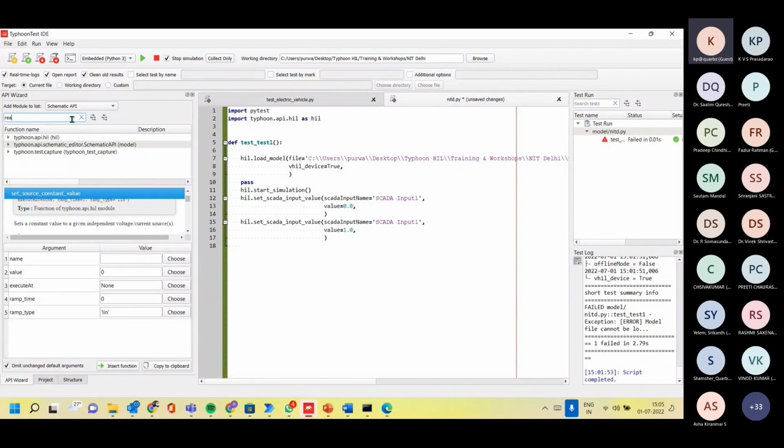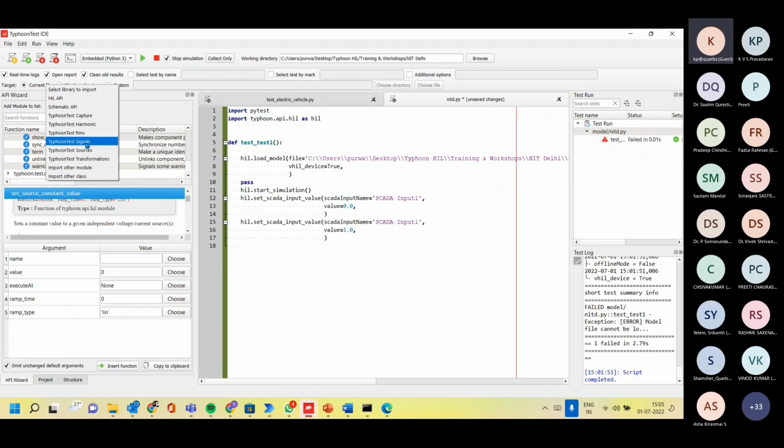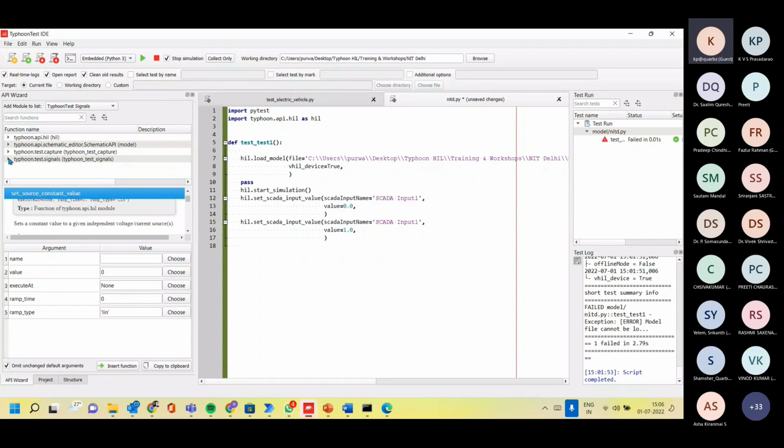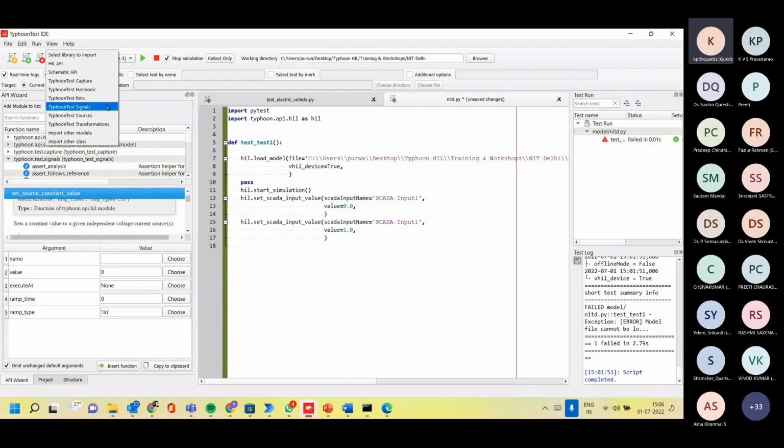So either I can have the option with the schematic editor, if we have the option for the read analog signal, or we can have the signals from this particular Typhoon test signal. So this is signal. So inside this signal, we will check. We can give some signal, like when we want to give some value, like reading the signal or something that we can give. For giving the value, suppose I want that particular signal for that particular point, it should be